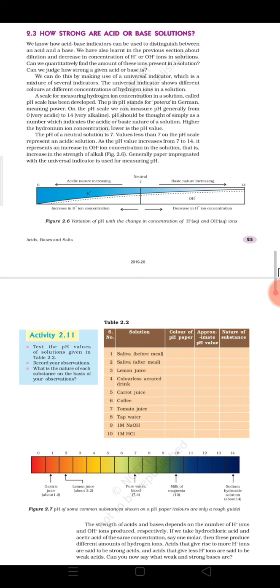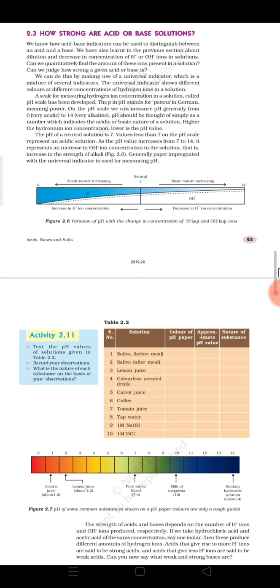We know that even if we have concentrated strong acid and we dilute it, for example concentrated sulfuric acid, which we know is a strong acid, the concentration of hydrogen ion or hydronium ion will decrease per unit volume. Now we will compare weak acid and strong acid. For strong acid, let us again take the example of sulfuric acid, and for weak acid, let us take acetic acid, which we generally use in the form of vinegar.